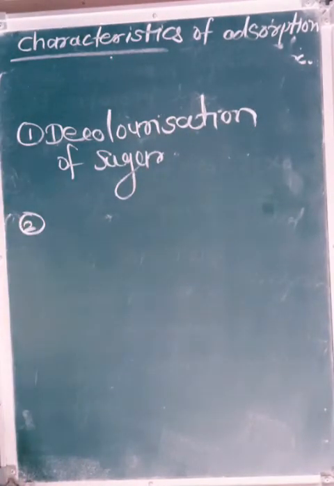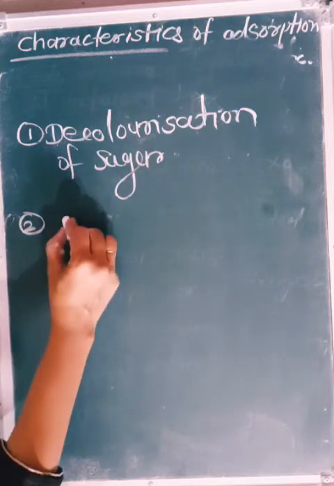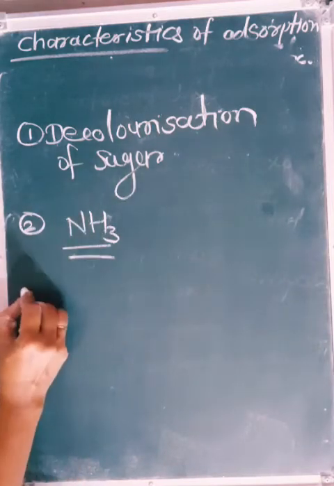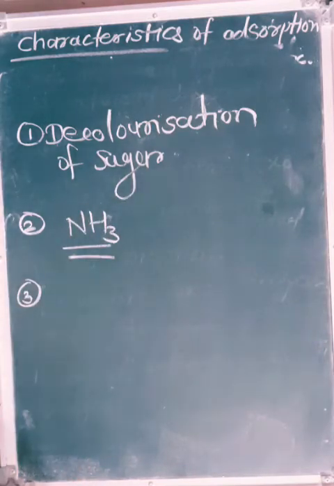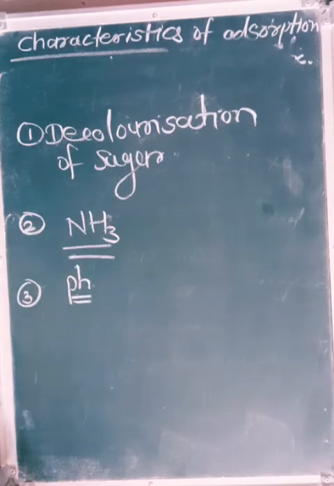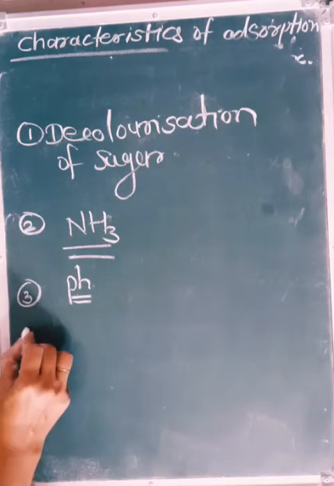Number 2, adsorption of ammonia from ammonium hydroxide solution by activated charcoal. Adsorption of phenolphthalein from solution of acid and bases. Phenolphthalein is the indicator we use in acid and base titration. Adsorption of acetic acid